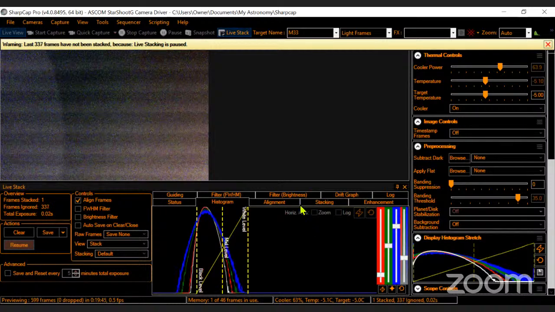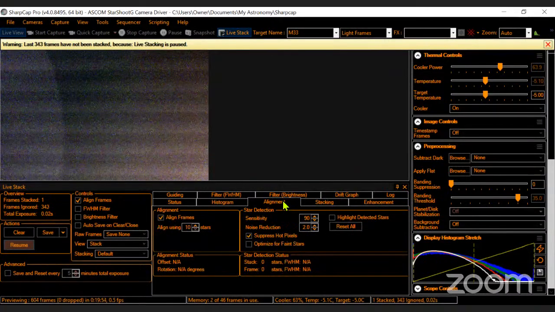The other one that took a while to figure out what happened is, if you have problems trying to get this number to quit incrementing, then you got to come here, because this is the actual control of the alignment. In other words, SharpCap is going to find a certain number of stars,